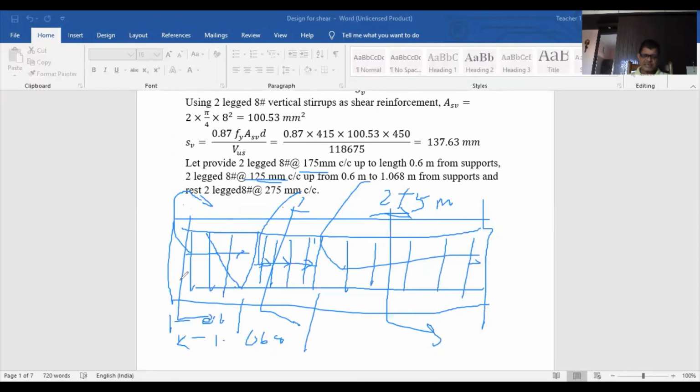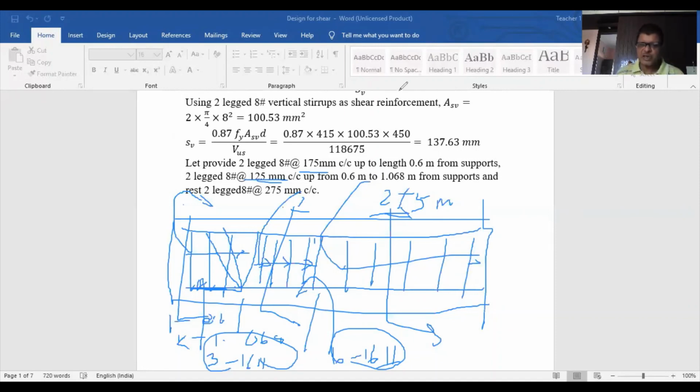And you see in this portion, 3 bars are bent up. So the number of bars you will find in the cross section is 3 numbers of 16.5. Once you go beyond this, there will be 6 numbers of 16.5, because 3 bars have been bent up at distance 0.6. So from support up to 0.6, the number of main bars available is 3 numbers, and beyond it 6 numbers. So if you take a cross section here, you will find the bottom reinforcement will be 6 bars, and here it will be 3 bars. So you should be very careful on this.